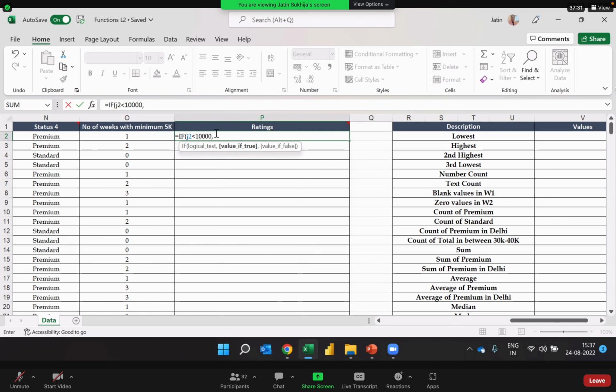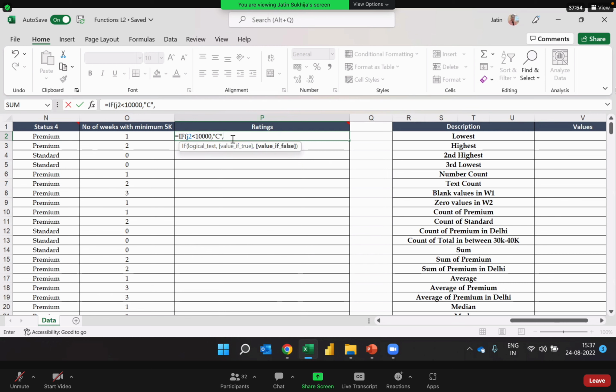So what should be the value if this condition is true? Less than 10,000, what do we want? We want C. But C is a text value, so that C I will put in double quotes. If J2 is less than 10,000, comma, if this condition is true, I want C, comma,